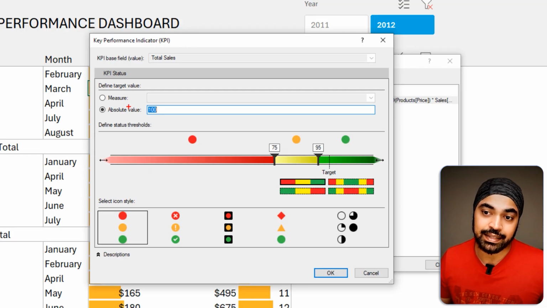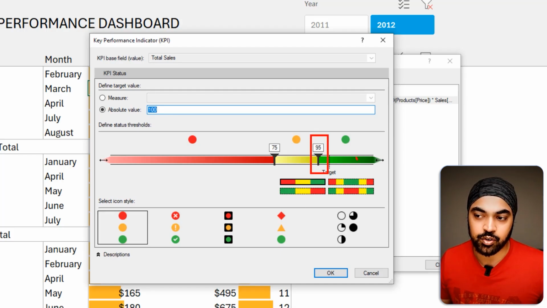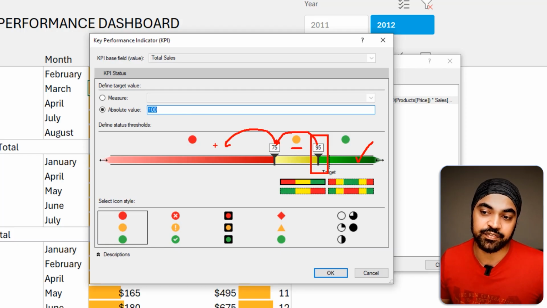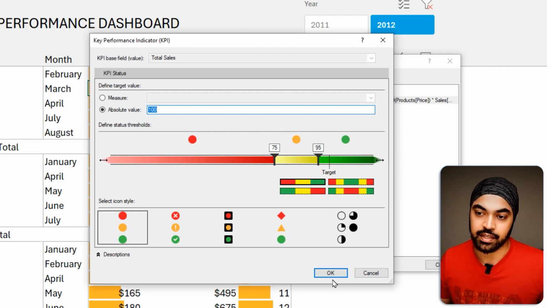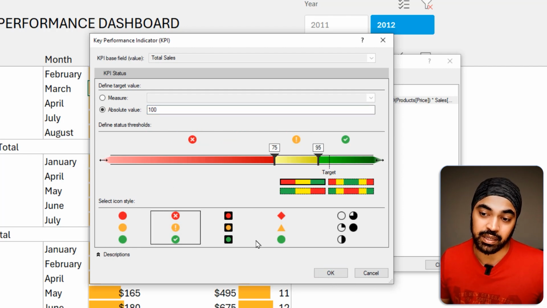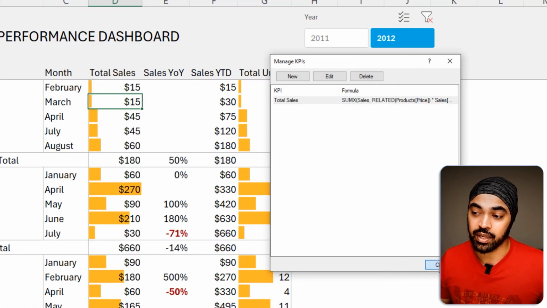Now, I'm going to say that the absolute target that I have is 100. That's what I have. And this is the range that I have defined. So anything above 95 is going to be colored as green. From 94 to, let's say, 75 is going to be this particular color. Anything less than 75 is going to start to show me red. And I click on OK, and this is kind of good to go. Or maybe I can just even pick up the color that I want, click on OK, close it,